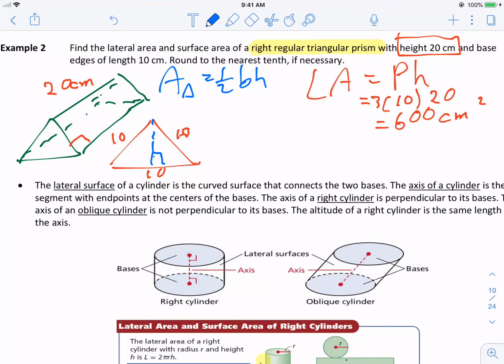If you're not careful, people are going to see, oh, there's a height of 20 centimeters, let me substitute that in for h. That is referring to a different height. That is the height of the entire prism, which we said was 20 centimeters. With this problem, we are just referring to the height of this triangular base. So here is the height that we are interested in for this